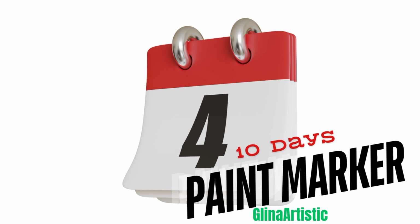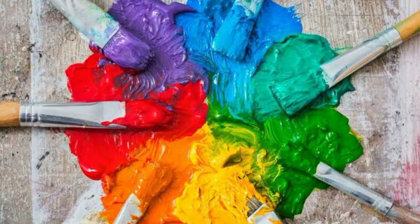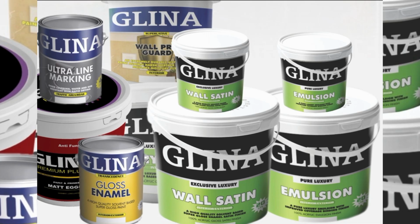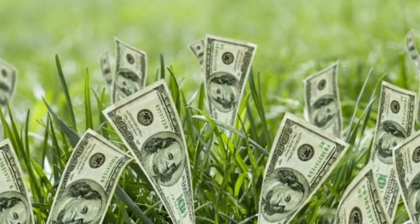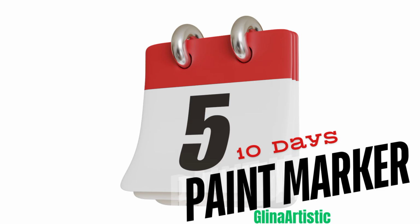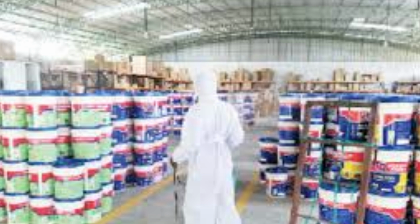Day four is all about the production process of different types of paint, where we'll be showing you live, practical, how to make the top selling paint that you can start making money from while producing them and getting customers to buy your paint products. Day five covers the real world process of making your paint production